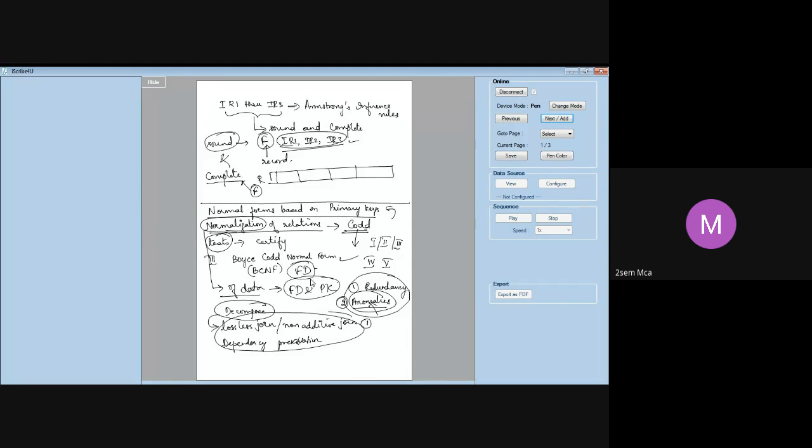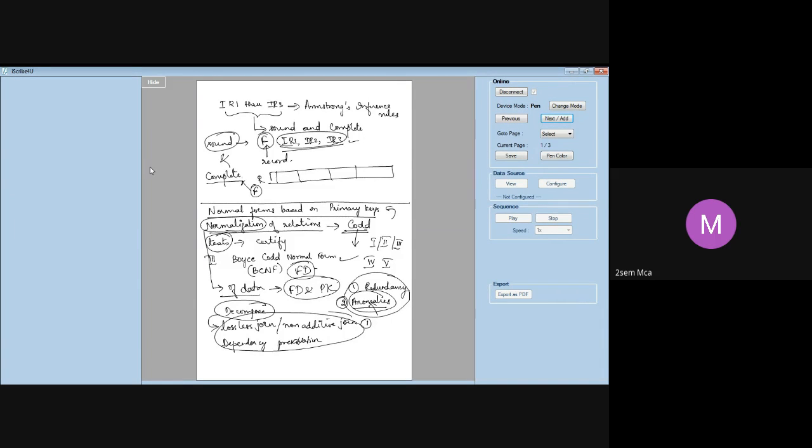What are these two properties? Lossless join means what? That is what we will see in the next class. I'm not going to take it up now. In this class, we have seen one important thing, that is the proof of all the inference rules. That's very important that you learn. If you have not followed, go through the videos. I'll upload it once again. You can go through the video and try to understand how we arrived at those inference rules.